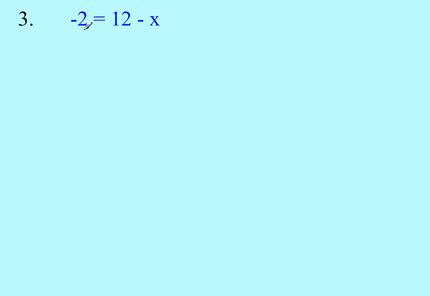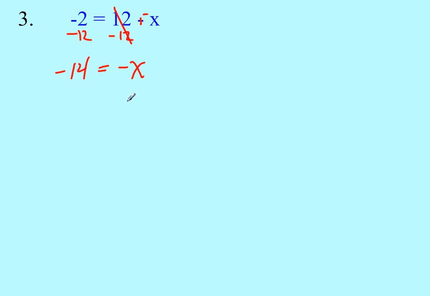Next problem, we have a couple different choices here. I will just follow our rule and probably to be safe, go plus the opposite of x here. So you realize that the 12 is being added. So I can go minus 12 to both sides. Now I'm picking that because it's next to the x. I don't want to go plus 2 because then I have nothing over here and then I have stuff next to the x still. So I have the opposite of x on the right side and negative 14 on the